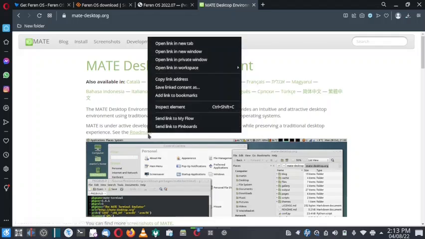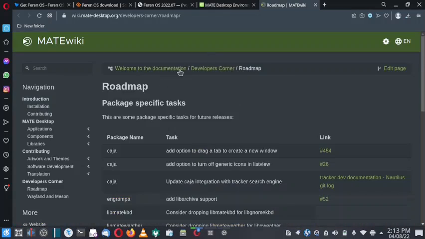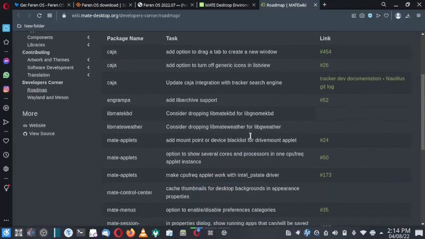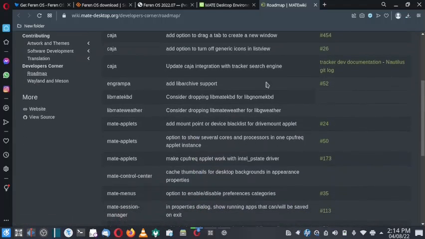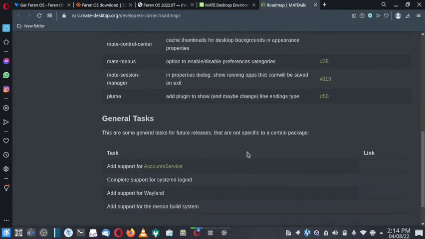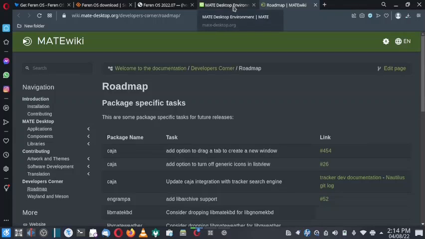Here you can see the roadmap for the Mate development. So this is the developers corner and the roadmap for the Mate. So you can check it out. I will not go into much details because the video will become very big. But you can check this out whenever you feel you are free and want to do an intensive study of